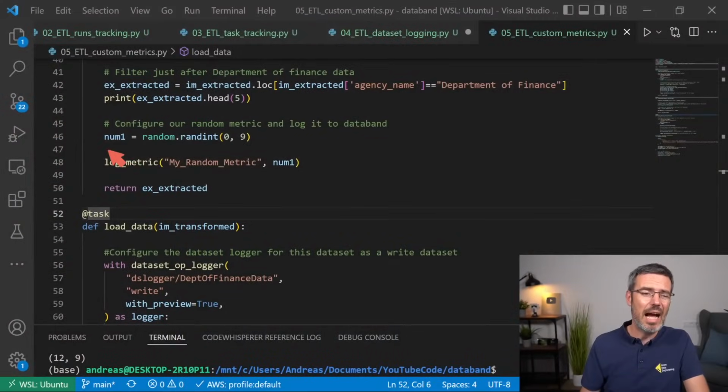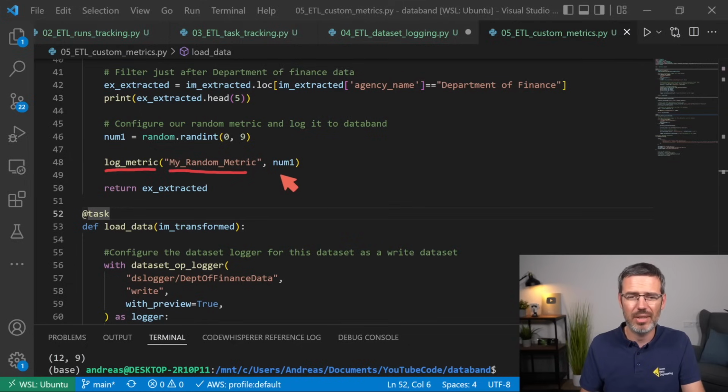And this is also what you can do with Databand. Creating a custom metric is super simple. I here created just a random value between 0 and 9, and then added this line, log metric. I gave it a name, my random metric, and then just the value. And that's it. This way, this will get written and logged by Databand, and you can actually watch it in